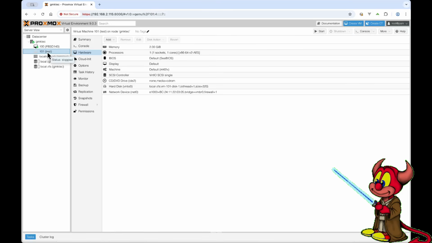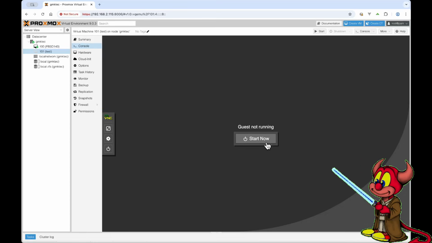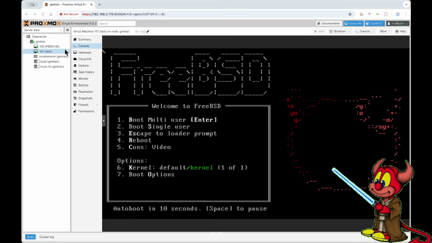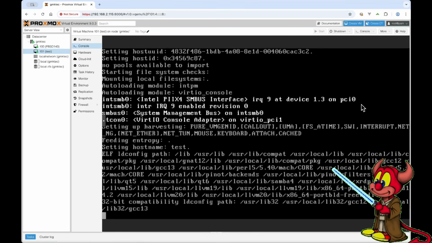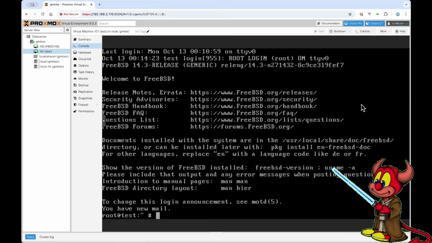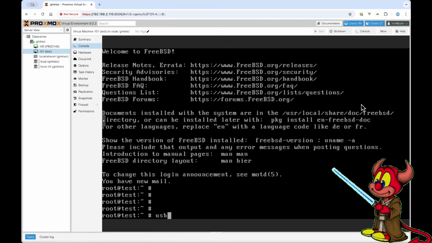Let's go back to Proxmox and let's start the machine. Now the machine is not starting, so before we do this, of course, we need to do another thing. I've completely forgotten about that, which is to restart the USB redirect. So once we do that, we can see that Proxmox starts. And maybe it showed already something, I don't know, it was a little bit too fast, but usbconfig,